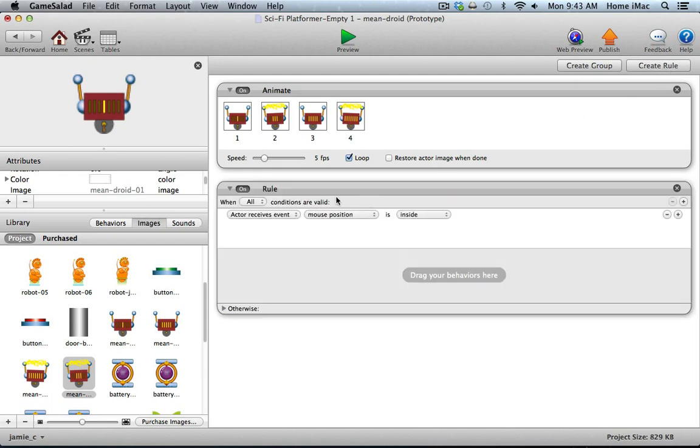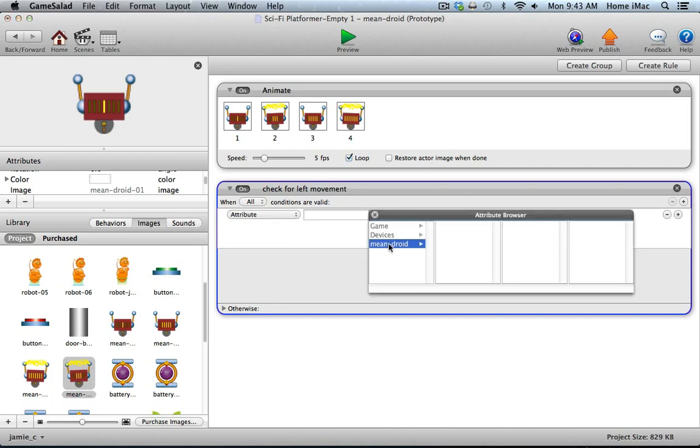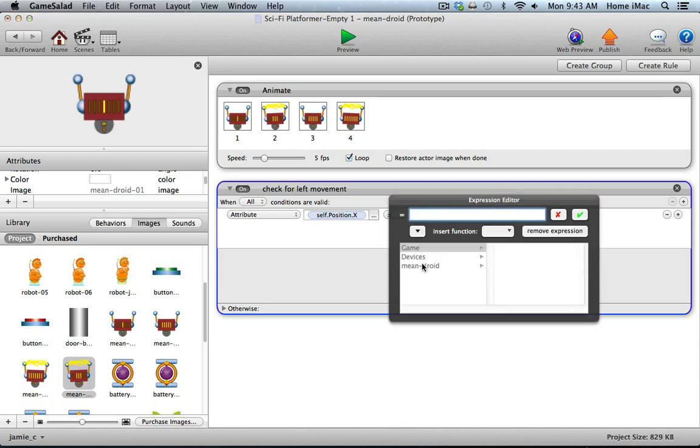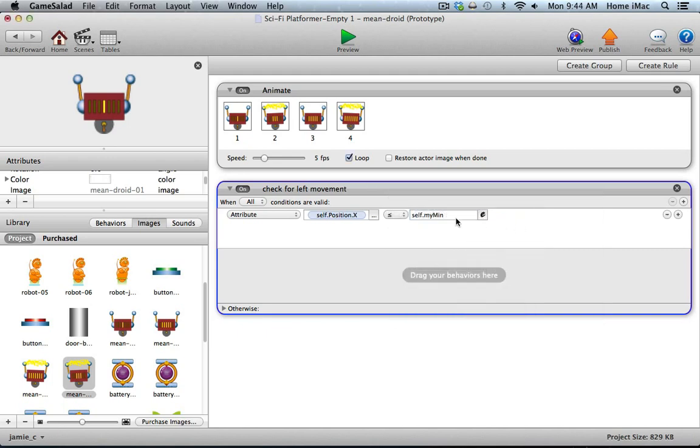I'm going to add a rule. I'm going to call this check for left movement. And now I'm going to check its self-position, so the attribute main droid position X. I'm going to check for when that's less than or equal to the main droid's minimum number. So if it's less than or equal to its minimum distance on screen, and minimum, remember, GameSalad starts